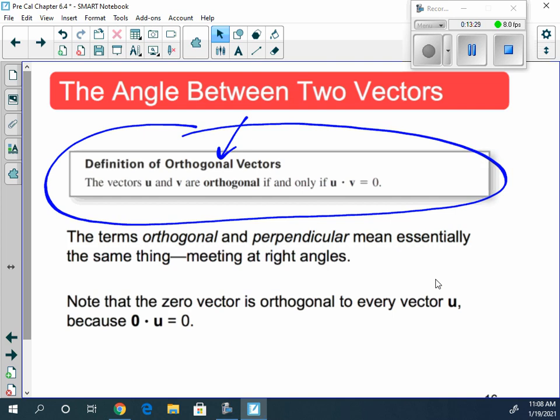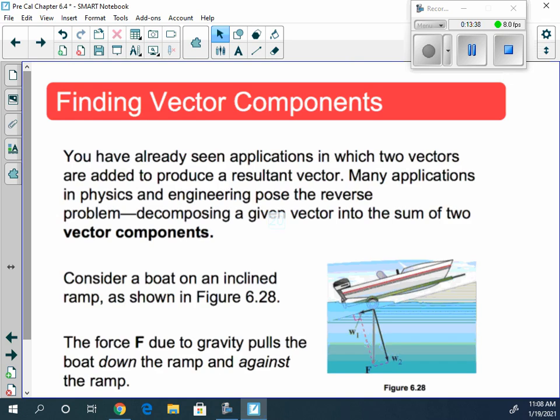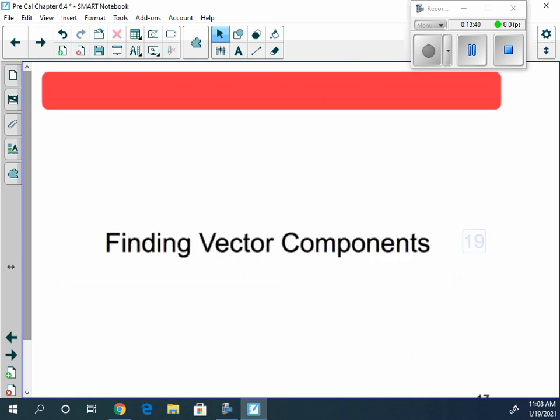0 times u is 0. I need vector components. So we'll stop there. We'll do